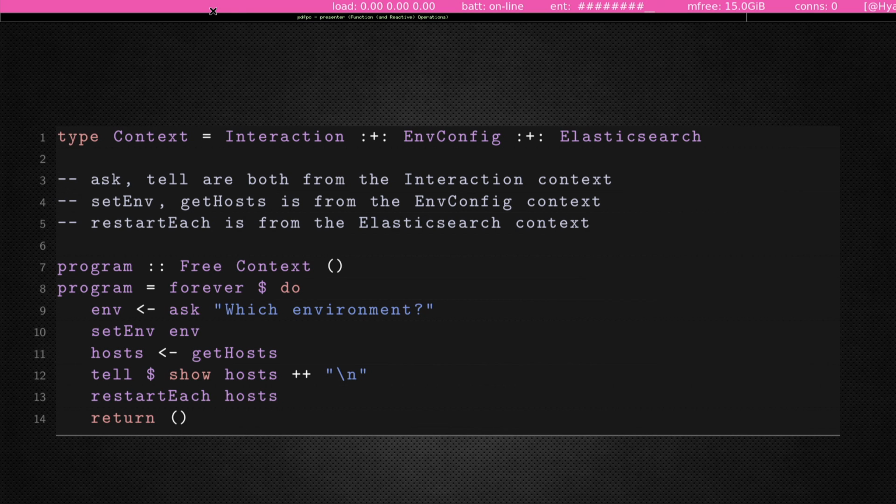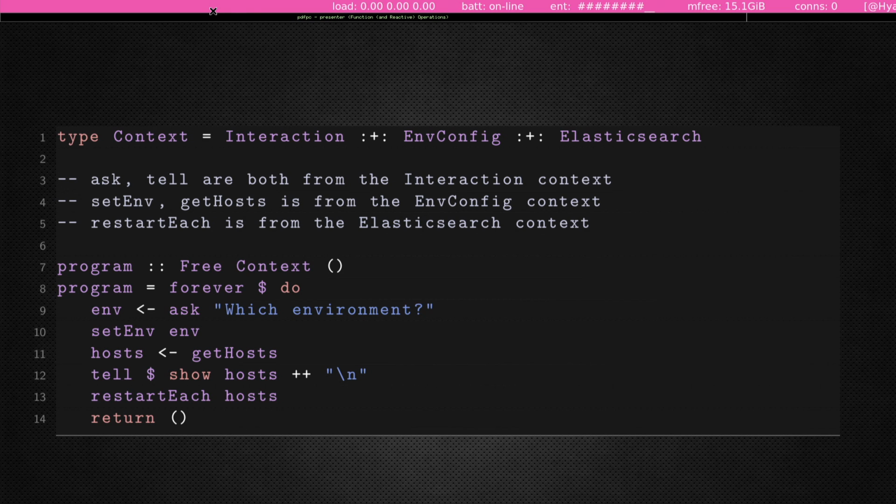Then we set the environment, and then we get the hosts from that environment using whatever service discovery you want to use, Console, whatever. We can then restart each of the hosts, right? And this is all a high-level language that we define.